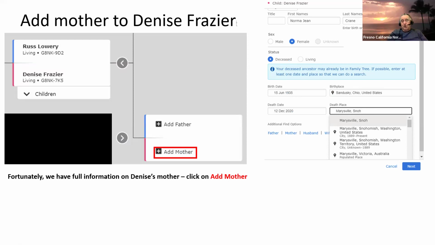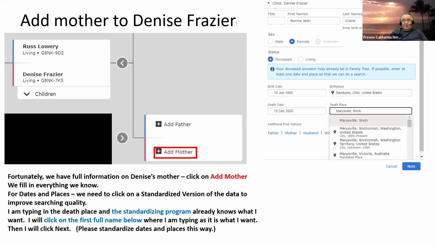You're after getting what they call a standardized place and date. These standards are things that the computer recognizes and can use to do better searches. So as you start typing Marysville, Snohomish, Washington, I don't have to go any farther because it has popped up down here.